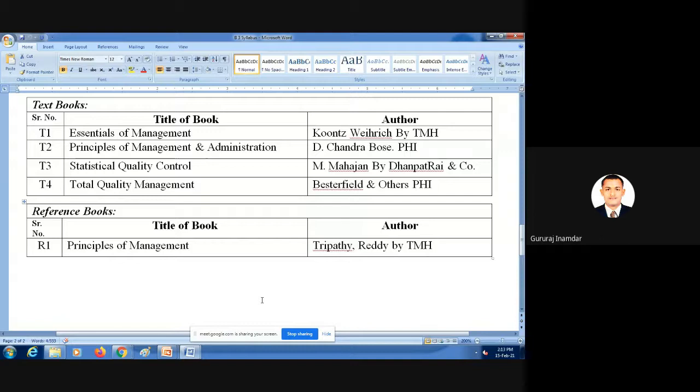Friends, at the end of this syllabus I want to tell one very important sentence. Suppose you are interested in PG, post graduation in engineering, the same subject will be there. Actually post graduation is always related to management, but we can very easily crack that factor also. So this is a very important subject of this last semester.